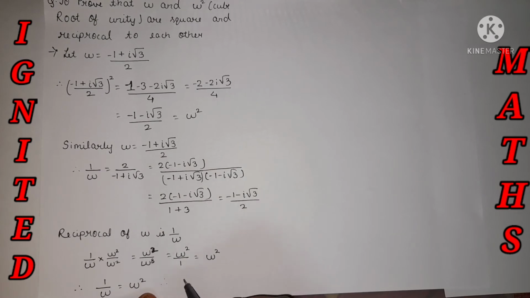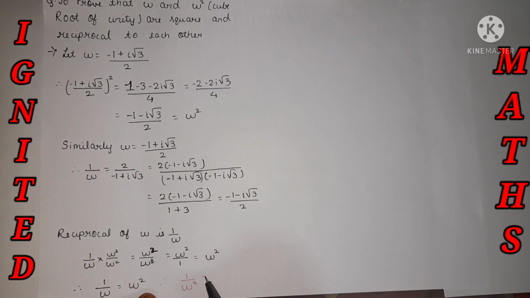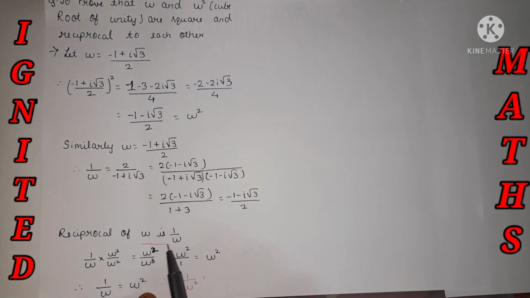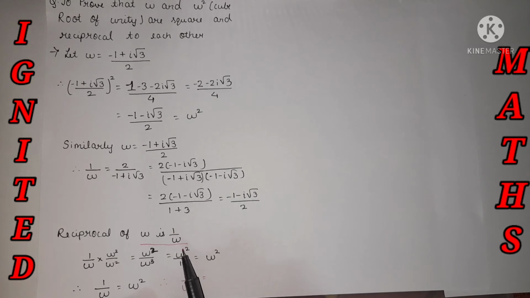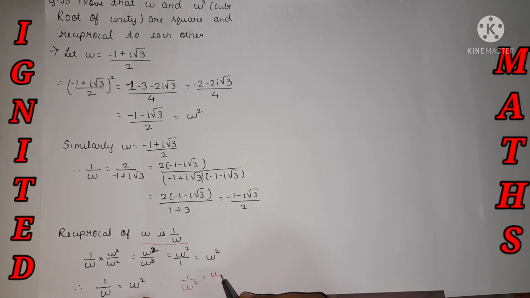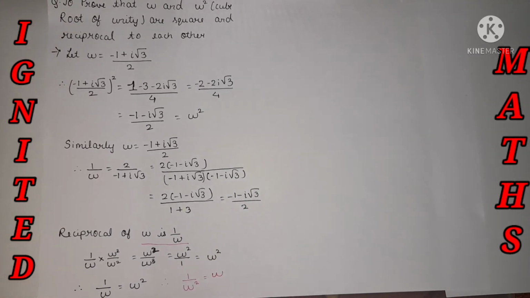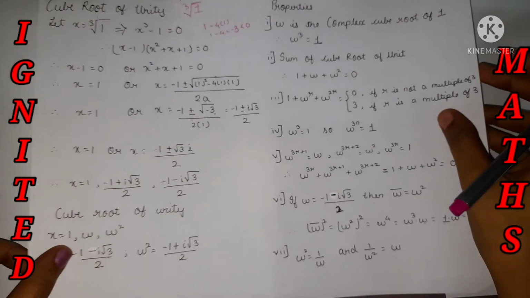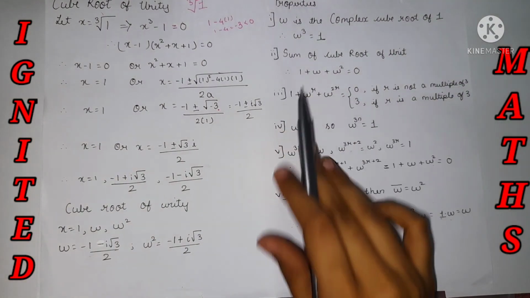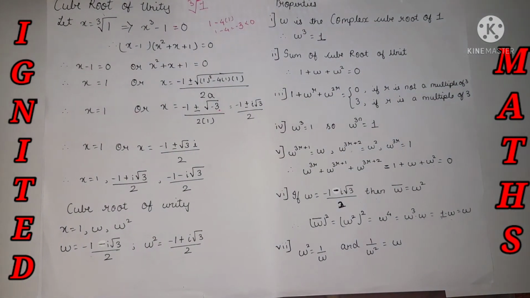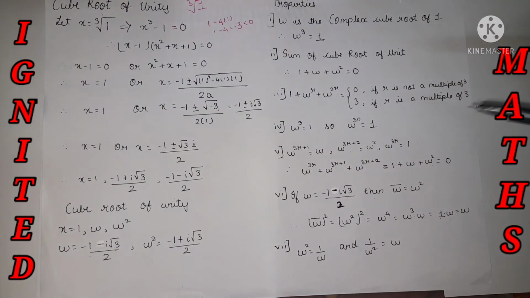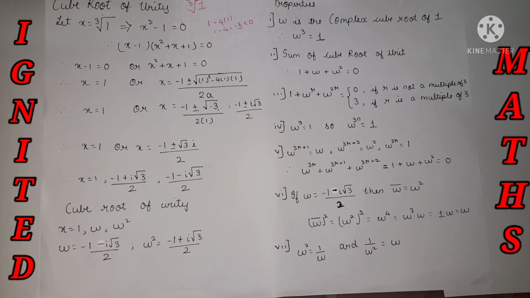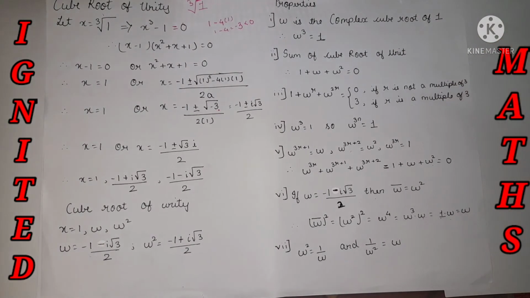Even with the reciprocal proof, over here I have proved that the reciprocal of omega is equal to 1 by omega. So we can even prove it over here. Yes, we have done with it. As mentioned, these 1 and 2 properties are my pillars for the cube root of unity. With these 2 properties, I can construct most of the properties, and in most of the proofs and most of the examples, these 1 and 2 properties are my pillars.